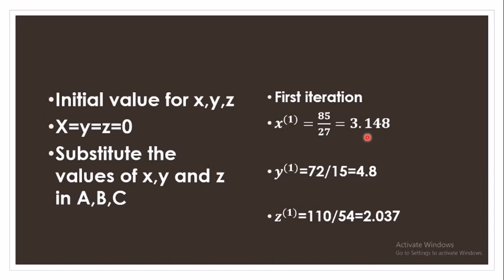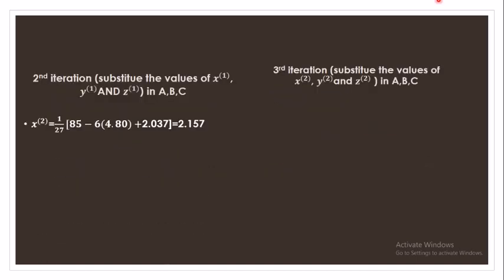Okay, so if you have any confusions right now, you can go back to your A, B and C, do the substitution, and find out whether you are getting these values for your first iteration. Now you are not going to stop here. We are moving towards the second iteration. Now that we have x1, y1 and z1, according to the working rule, our second iteration would be substituting these values, x1, y1 and z1, in your A, B and C. So as I have written over here, second iteration is that you have to substitute the values of x1, y1 and z1 in the equations A, B and C.